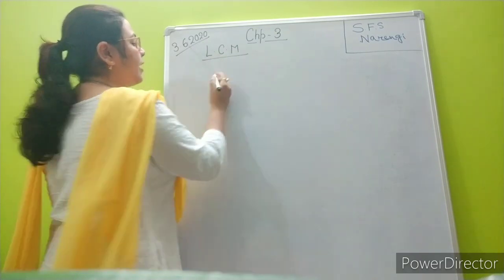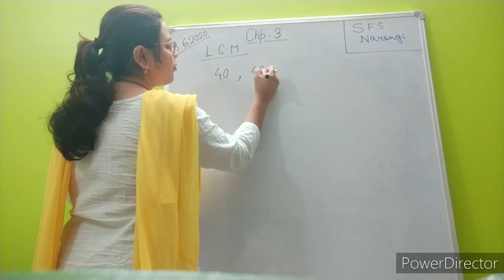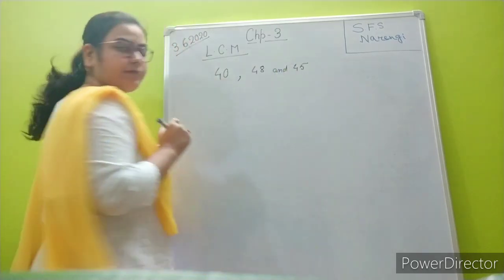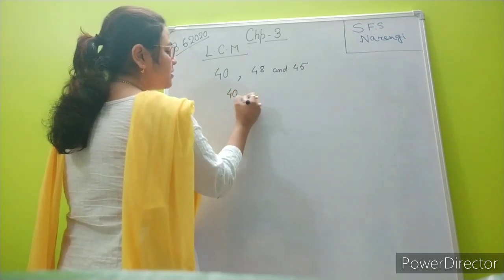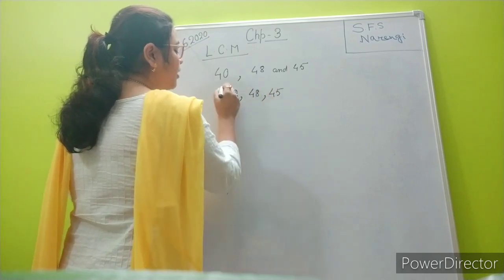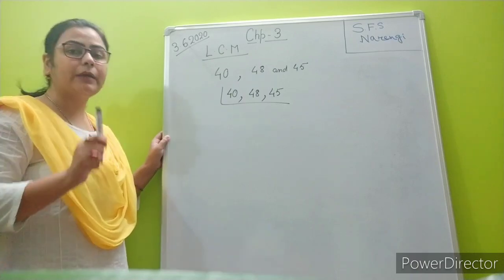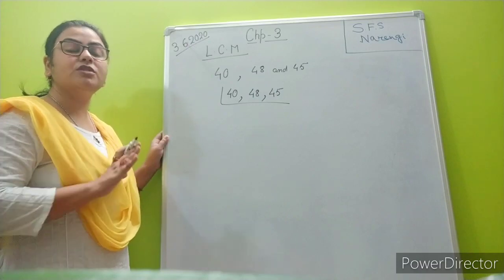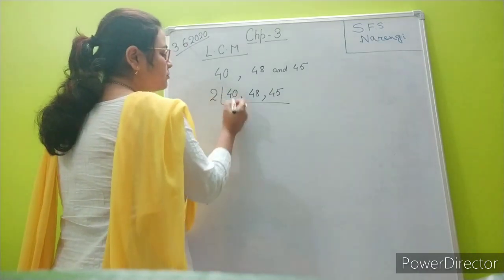Right. Now, we are having supposedly the numbers 40, 48 and 45. Remember children, just like prime factorization, you can divide only by prime numbers. HCF and LCM completely follow prime factorization. Okay? So 2,